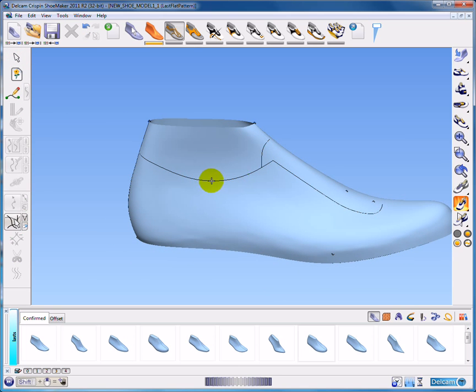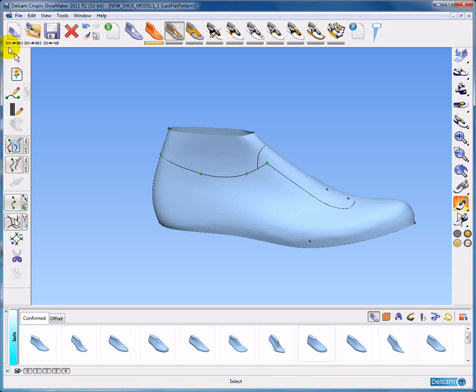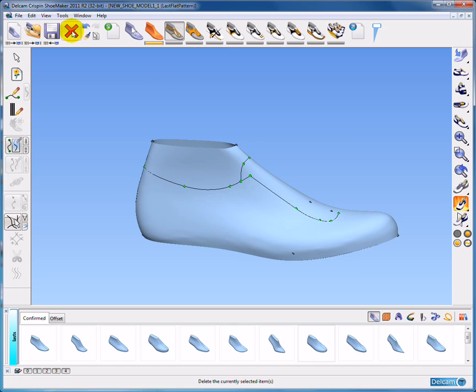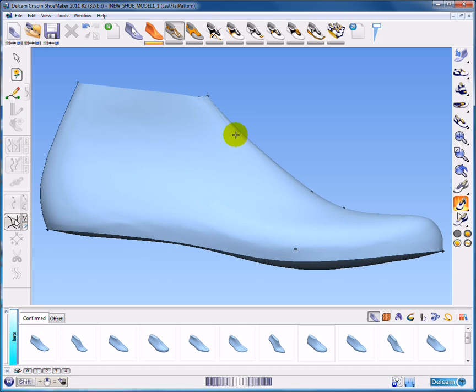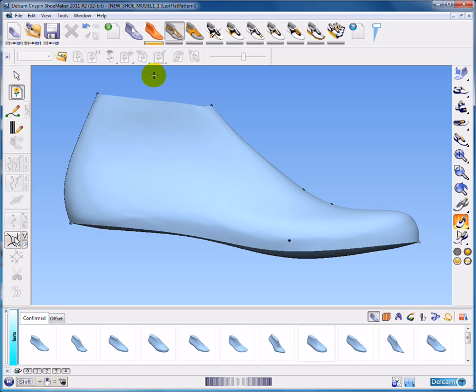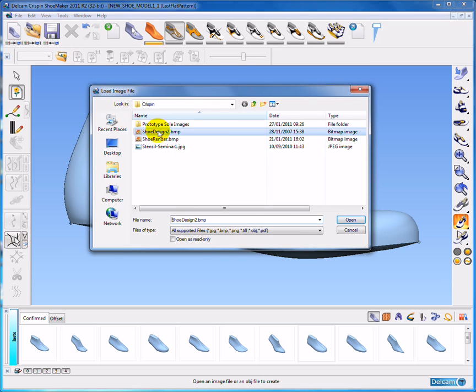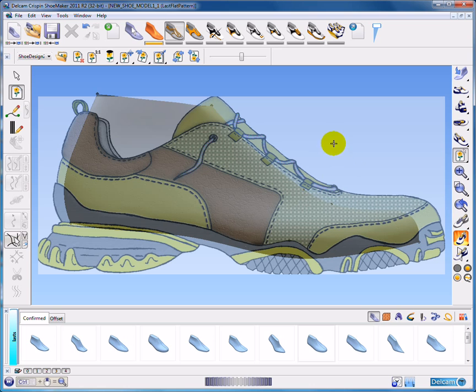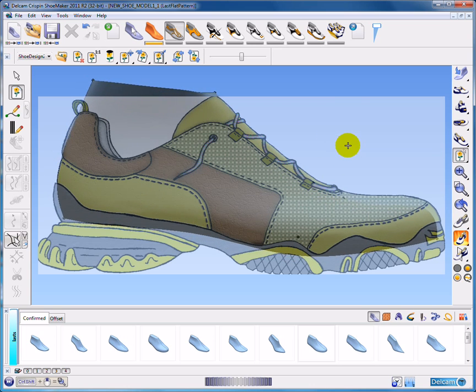If I wanted to then change the shape of one of the curves, I can just simply highlight the curve, highlight the point, and start to drag the point around to make changes to the design as I want to. Okay, if I delete those curves, another option that we have is to import an image of a design that we wish to recreate. So here I've imported a bitmap image,